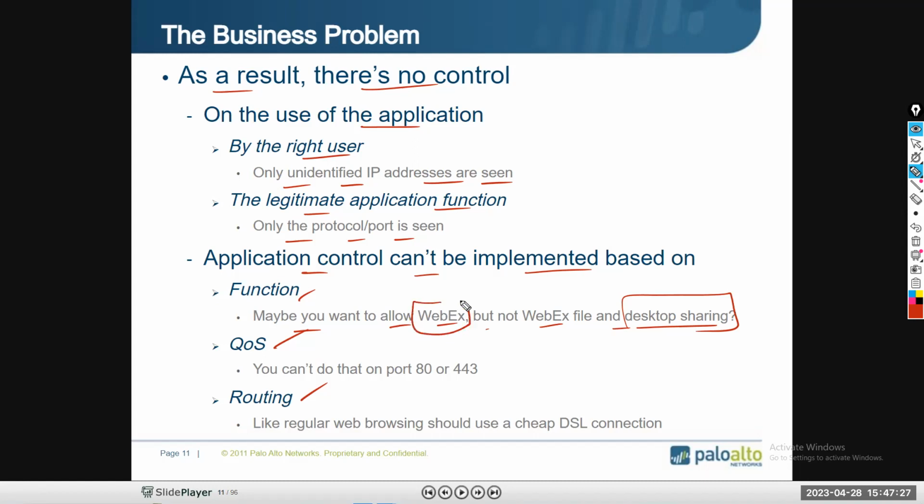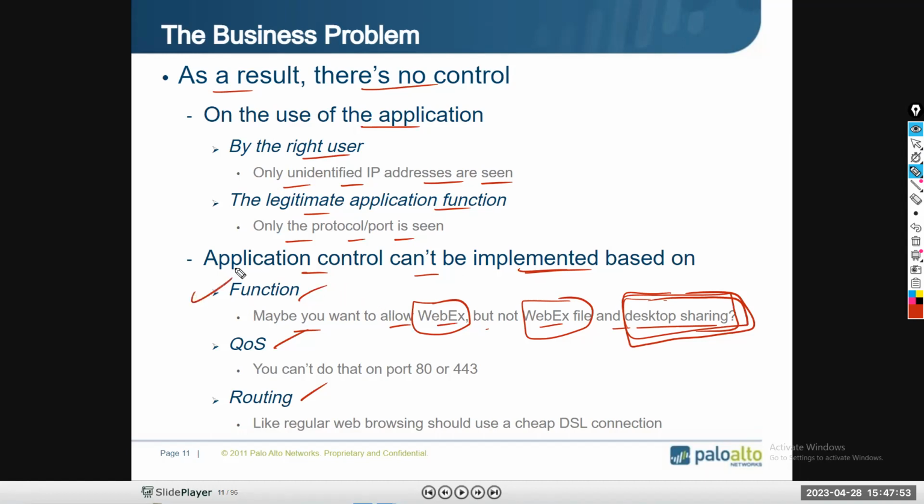If you are allowing WebEx, then how can you block files and desktop sharing? For example, I am using Zoom. I am recording this and sharing my desktop, sharing my screen. So application control cannot be implemented based on the functions.